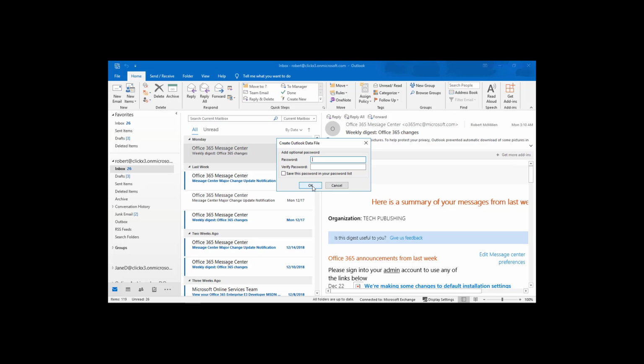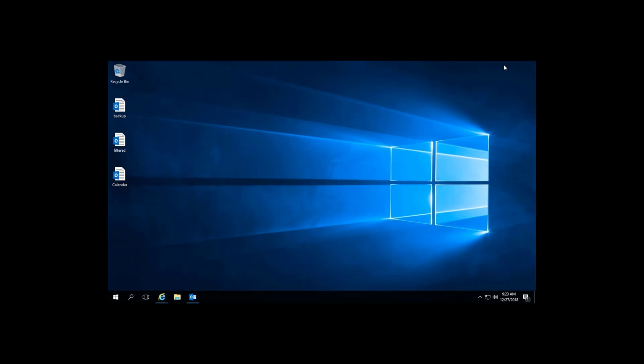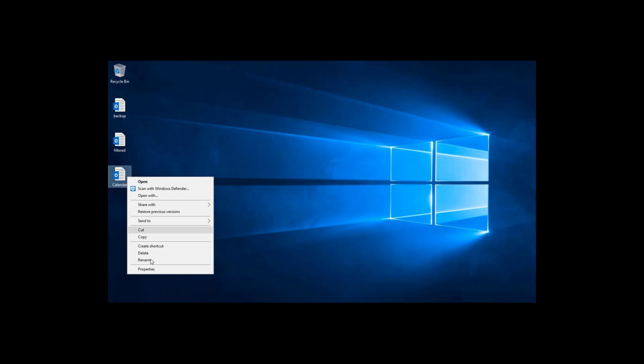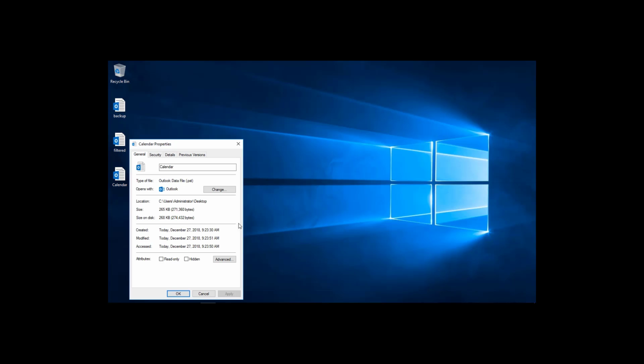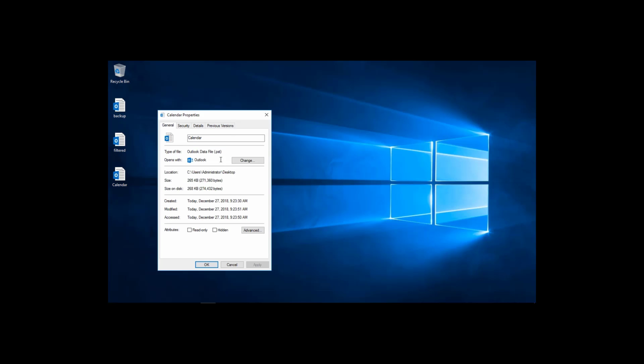So I don't need to put in a password, but you can certainly do that if you'd like. Go ahead and click OK, and we'll hit the Minimize button. And now we see our calendar. If we right-click and go to Properties, we see it's a very small calendar in this particular case because I don't have a lot in it for demo purposes, but it does show you that the calendar has now